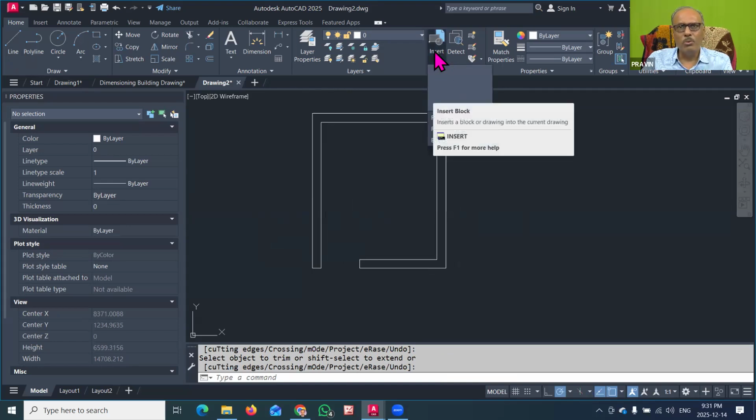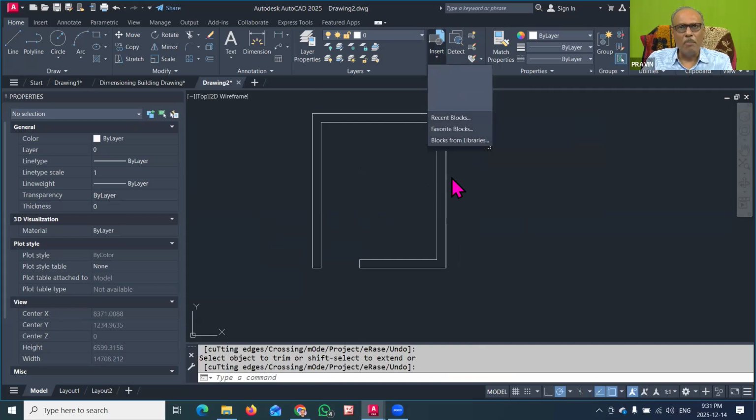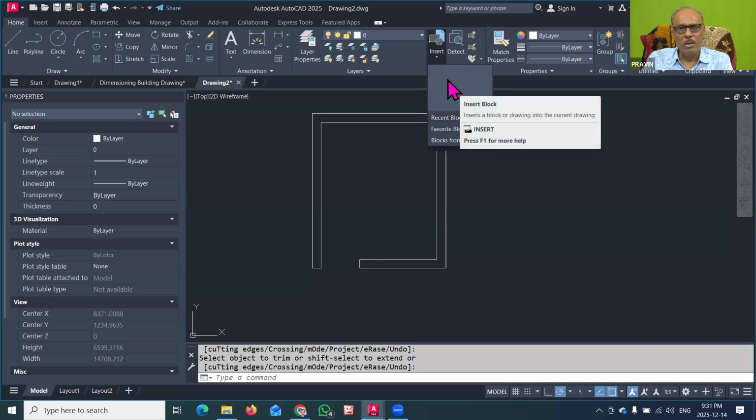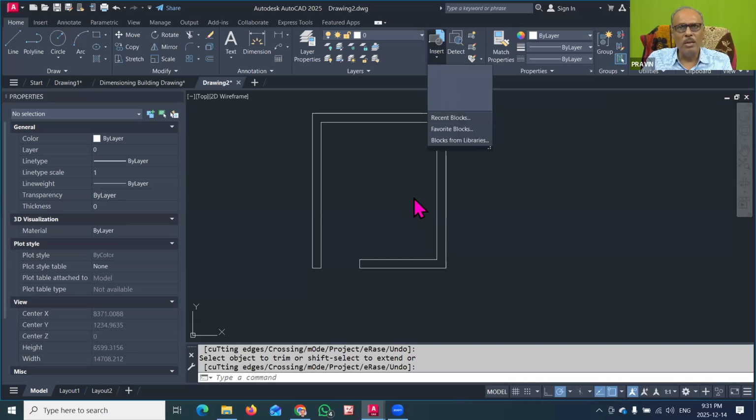But now, dear friend, you can see that in this drawing, no blocks are appearing here, because the block library was created only for that specific drawing. So in this drawing, you cannot bring that block. So what is the solution? Can anybody tell that solution? If you know that, you have already done some AutoCAD online classes or some offline classes. So I request you to type your answer.